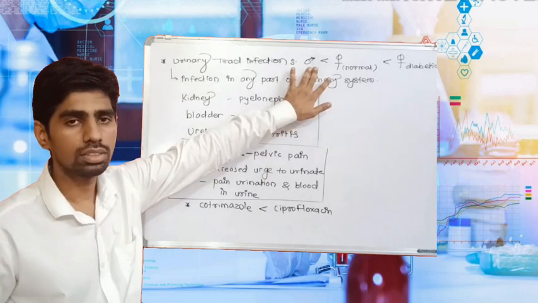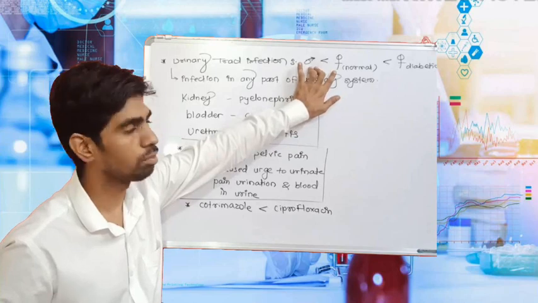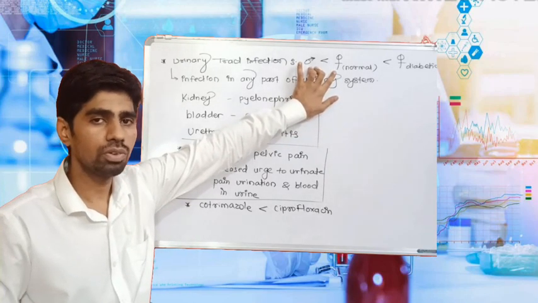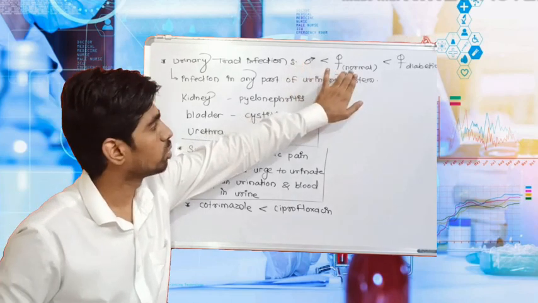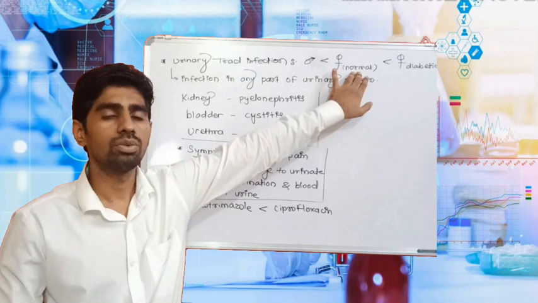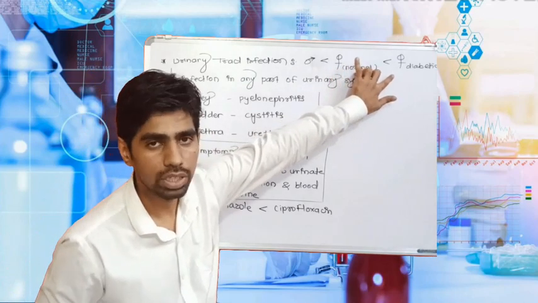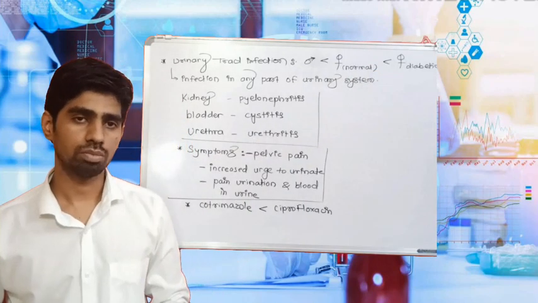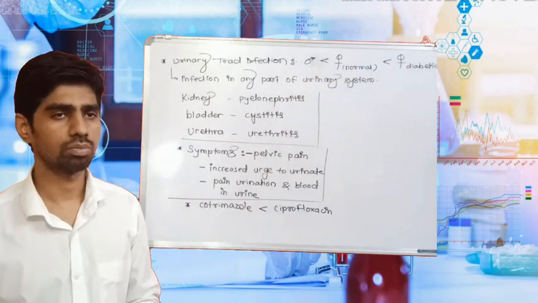Men have lesser susceptibility toward urinary tract infection as compared to women, and this is because of the anatomy of the urinary system. Now among the women, those who are normal are relatively less susceptible as compared to women who are diabetic, and here the reason is the urine composition. I hope you understood this vital piece of information.